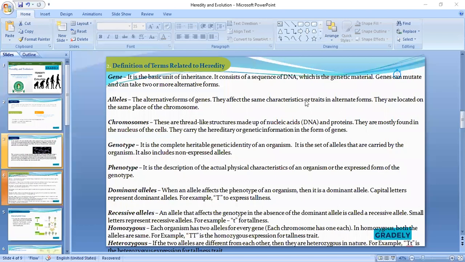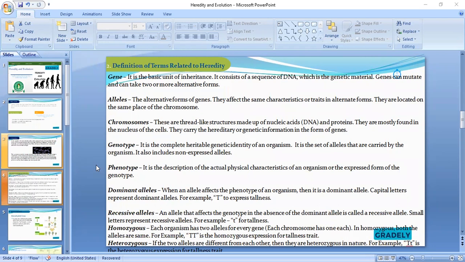We'll continue. Now, that is it about the allele and gene. Now, let's look at chromosome as I was saying. I said they are mostly found in the nucleus of the cell. They carry the hereditary or the what? The genetic information. Are you getting it? Now, without the chromosome in the body of a living organism, there is not going to be a carrier of any genetic information. So meanwhile, your father gave birth to you and you are fair in complexion, or you have the ability to roll the tongue, or you have the ability to wink, close one eye and leave the other open, or you have every other characteristic.